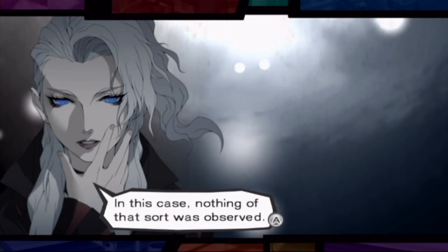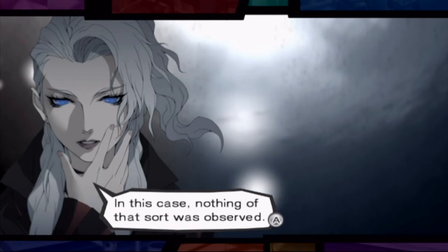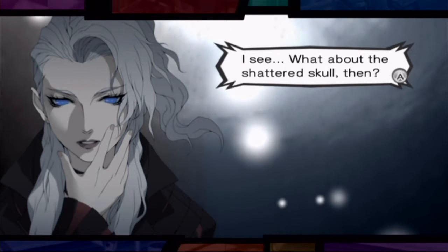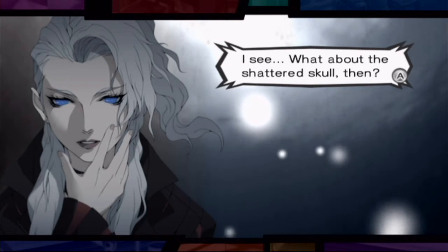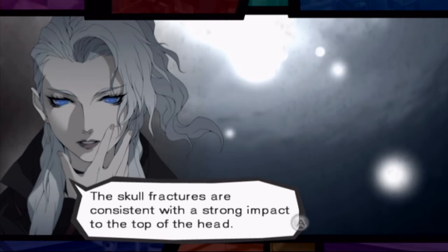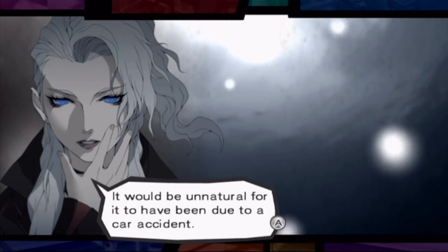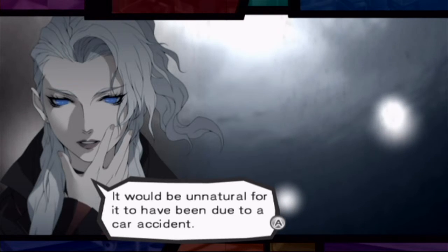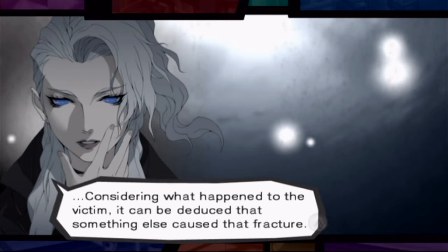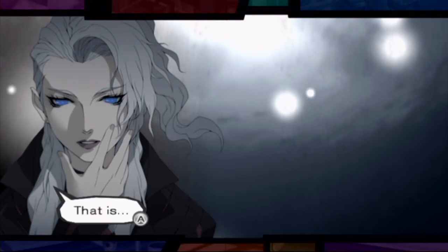Oh, did her head and her legs get run over? Is that what happened? I see. What about the shattered skull then? It got run over. The skull fractures are consistent with a strong impact to the top of the head. It would be unnatural for it to have been due to a car accident. Considering what happened to the victim, it can be deduced that something else caused that fracture. That is...